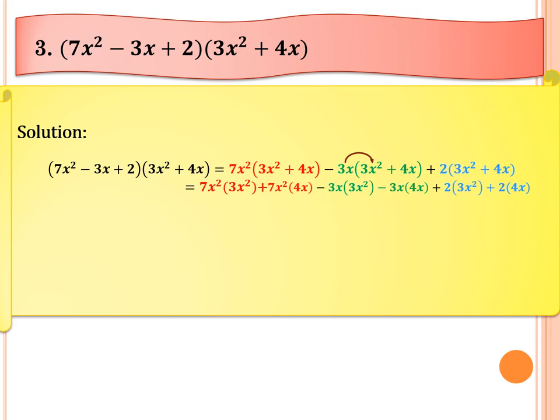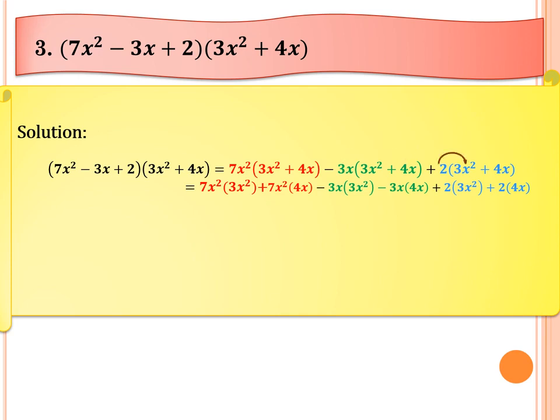So, we distribute negative 3x to 3x squared. So, we will have negative 3x times 3x squared minus. Why is it minus? Since negative times positive is equal to negative. Okay, so, we distribute negative 3x to 4x. So, we'll have negative 3x times 4x plus,